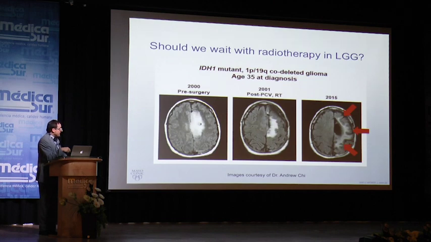I think we need to be aware of the fact that radiation is not completely benign to the brain. And that's the question, early versus late. And you have an example of a patient here, 35 years old, patient IDH mutated, 1p19q co-deleted, so good prognosis patient, diagnosed in 2000, treated with radiation chemotherapy, and now 14 years later, you can see that there's no tumor progression, but you see all these post-radiation changes that frequently go along with symptoms, predominantly cognitive decline, psychomotor slowing, and